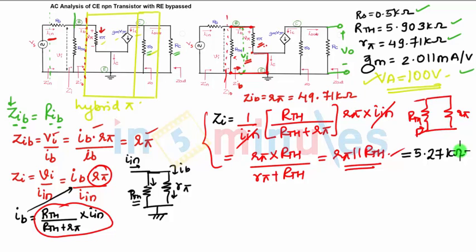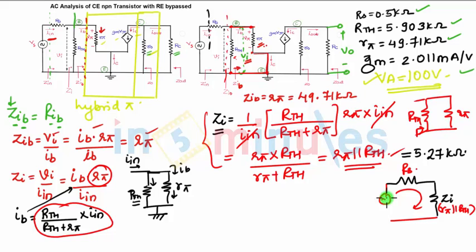Next is to find the value of Zin. Now what is Zin? The resistance after RS. So what you can say, you have found an equivalent resistance which is ZI. What is ZI? R pi parallel to RTH we have found out, and now the current flowing through both the resistances is the same. This is your RS and here you have your VS. So both the resistances are in series. So I can say total input resistance Zin is nothing but RS plus ZI, and ZI is R pi parallel to RTH, which we have already found out.